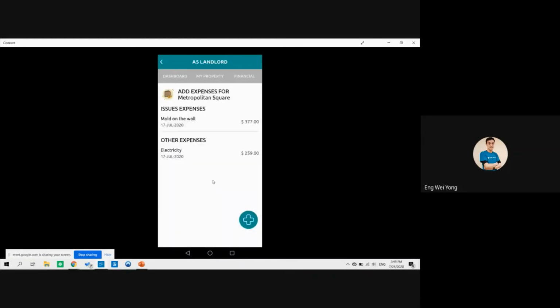It will show you what you have recorded. For the issues expenses, this amount can only be recorded if there is an issue that has been created from the issue screen, right? If you have any expenses that you spend, once you upload the receipt, the amount will come here. But for other expenses, this is quite flexible, because as long as there are any additional expenses that occur